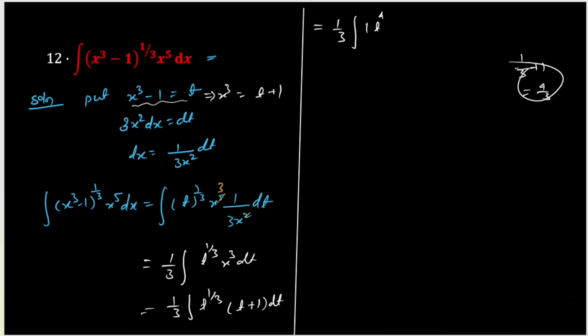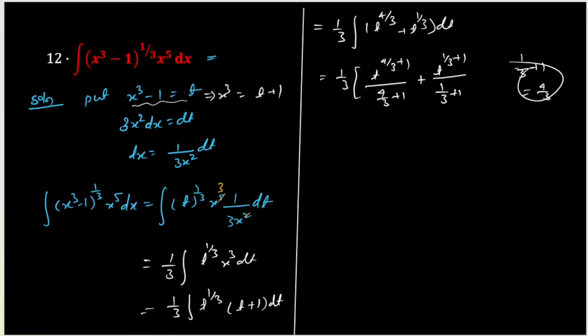Okay, so we can write t power 4 by 3 plus t power 1 by 3 dt. Now integrate this term of t with respect to t, we get t power 4 by 3 plus 1 and